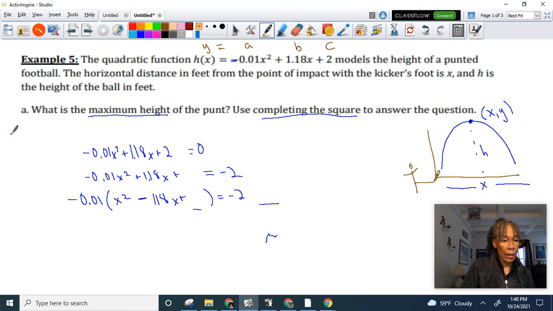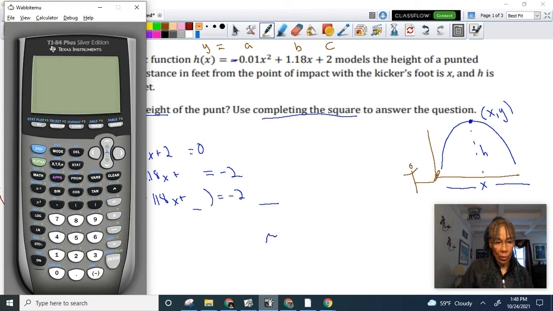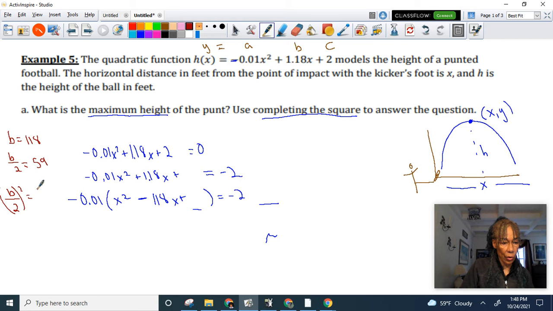So it starts off with b equals my original b, or my b here is 118, because that's where I'm going to do it. And b over 2 is 59. And b over 2 squared, I've already done it, but I will show you on Wabbit. 118 divided by 2 is 59. 59 squared is 3481. So 3481, which is what I'm adding to the